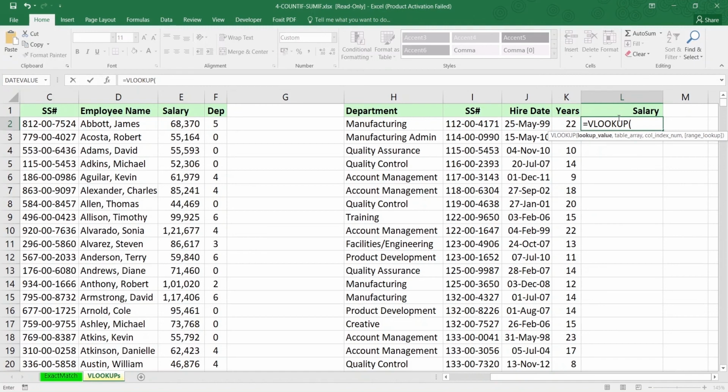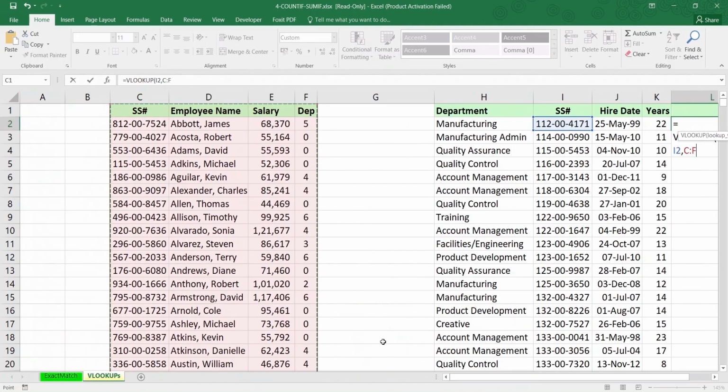You can see it fills up. So as I said, the only thing that is common between these two is the social security number. That is the thing that we'll use to fetch information from this table, right? So we'll select that as the lookup value. The table array in this case, as you've guessed, would be the entire table array, this table. Now, we already have two blank columns over here. These two columns could have any information. We could have several more columns as well.